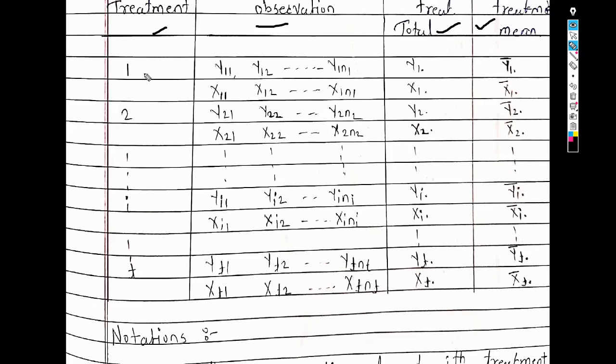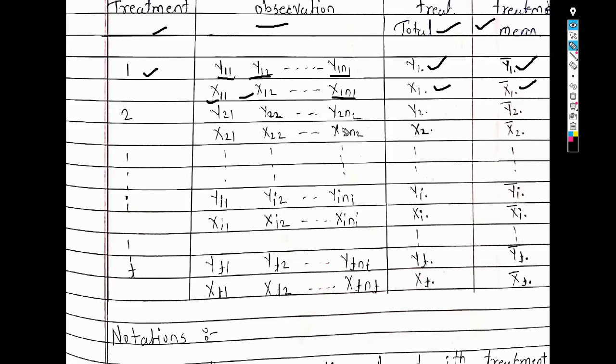For treatment 1, the response variable observations are y11, y12 up to y1n1, and for the concomitant variable our observations are x11, x12 up to x1n1, since in the first treatment there are n1 observations. For this we have treatment totals y1 dot and x1 dot, and treatment means y1 dot bar and